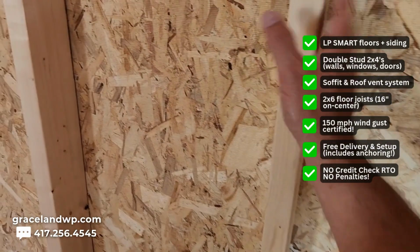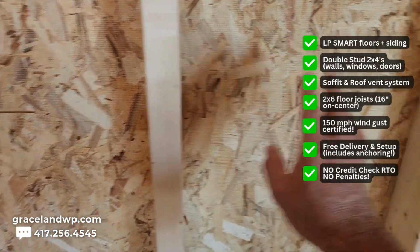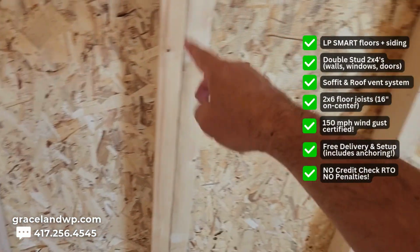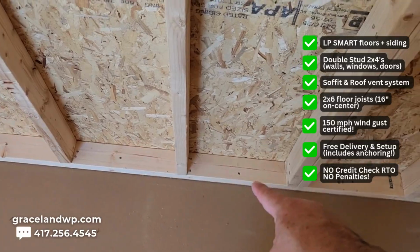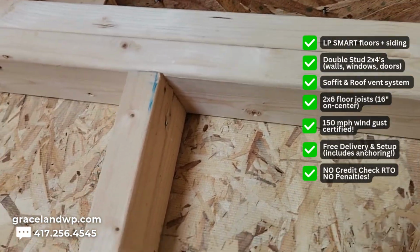Standard on our walls, 2x4s. They're premium grade and they're pressure treated, and they are 16 inches on center, 16 inches apart. We double stud them every 4 feet, or every third wall stud is a double stud. We do that all the way across the entire walls of the building. Single 2x4 at the base of the walls, double 2x4 at the wall caps or the wall headers, and that